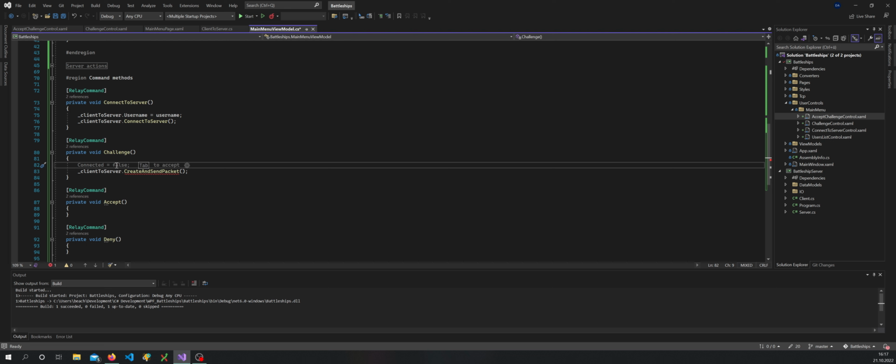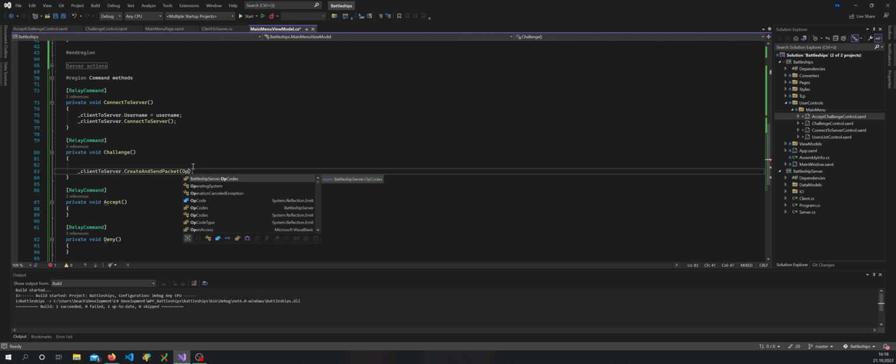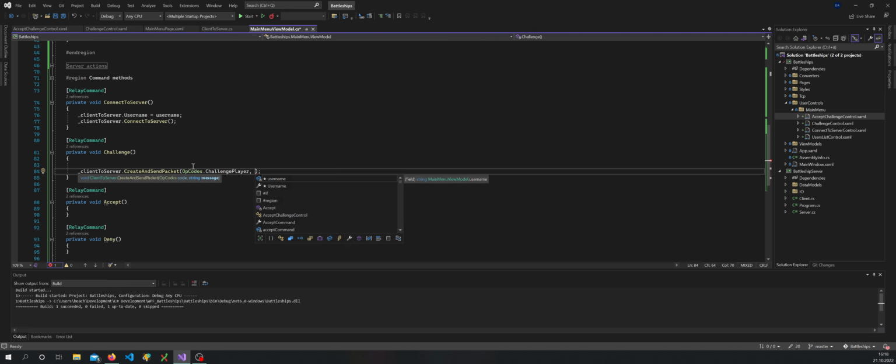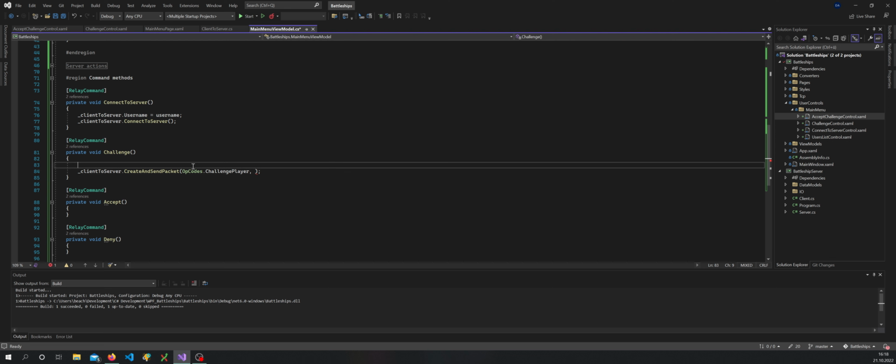Okay, so this is going to be new. First of all, we need a new operation code, opcodes. We need challenge player. Okay, never mind. So challenge player, and now we need the message. And the message is gonna be